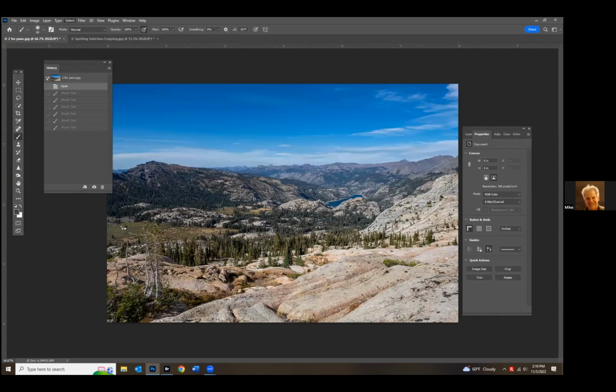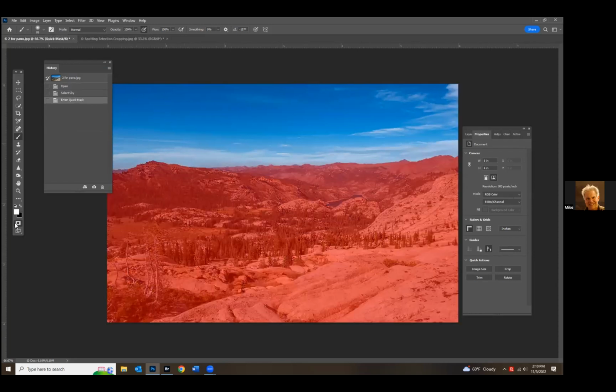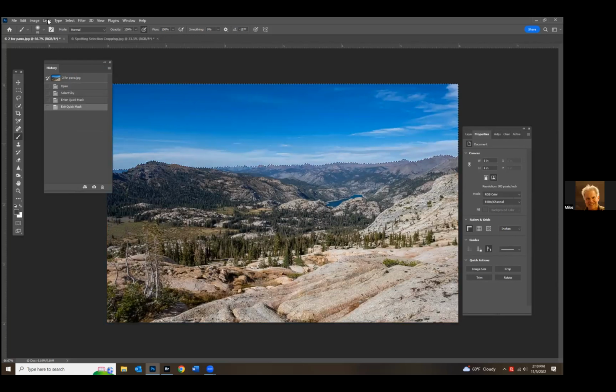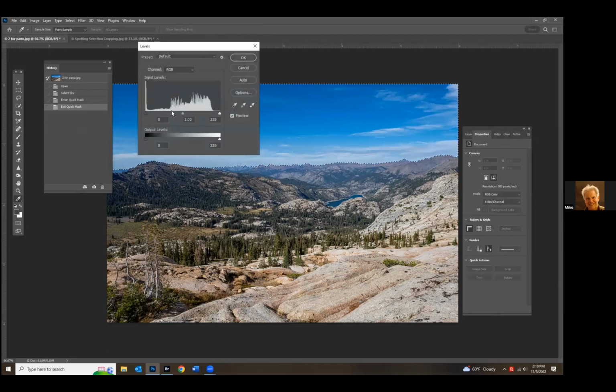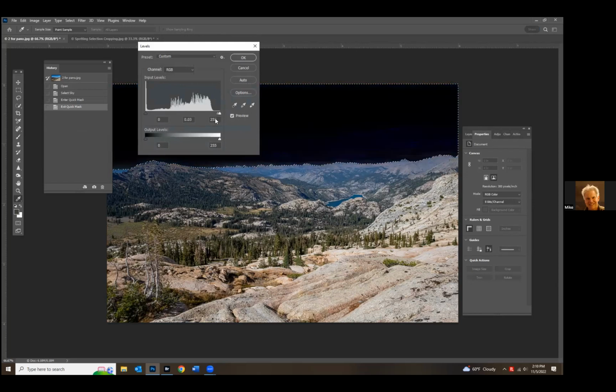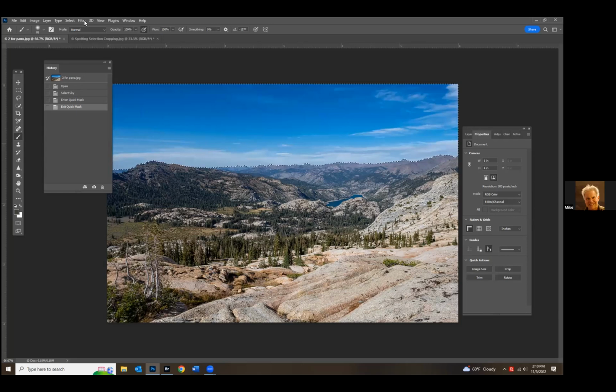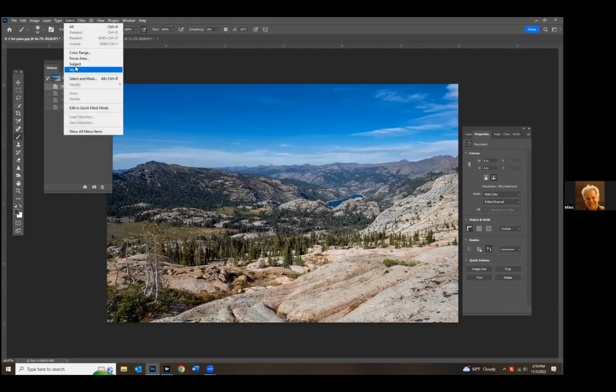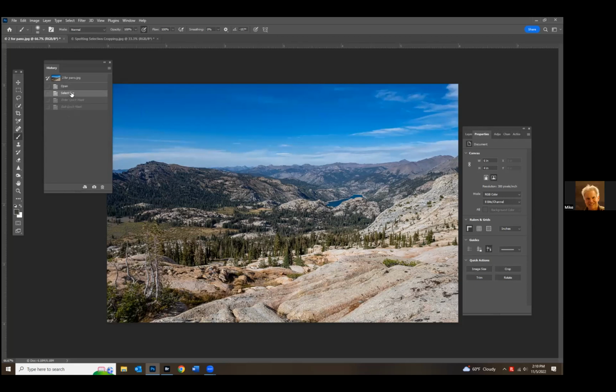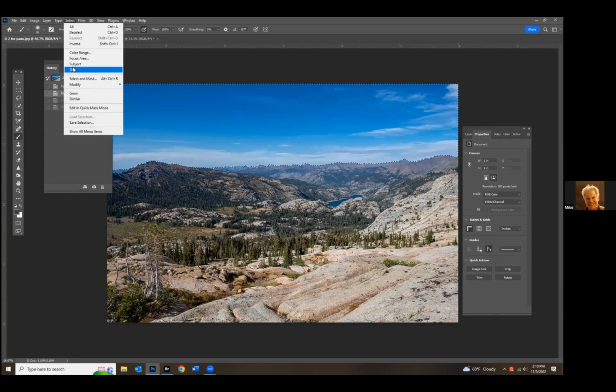Select sky. It's going to select the sky, and it does a pretty darn good job of doing that. So I don't know if you can see the marching ants. I'm going to click over here. The parts in red have been masked. They are not selected. And we'll go up to our adjustments, and just for fun, you can see now it's just the sky that is selected. So the sky selection tools are all really cool. Select and mask. Okay, we're going to go back here to select sky. And if I say select and mask,